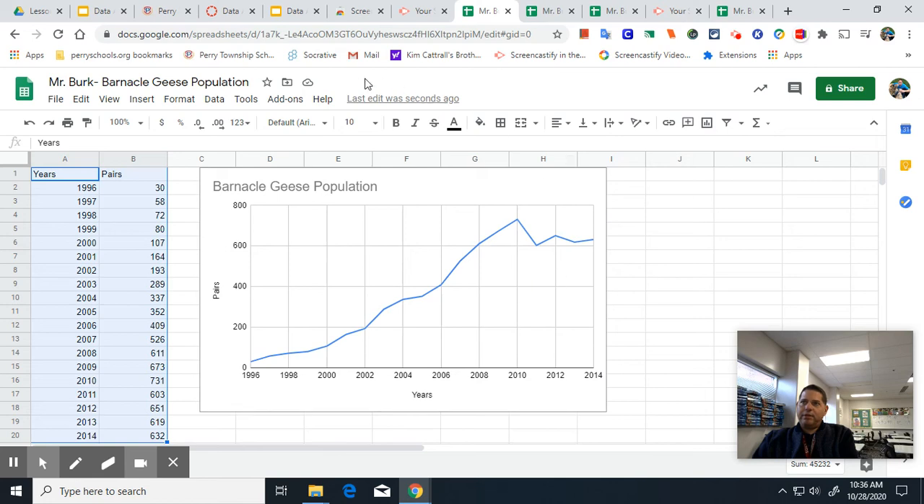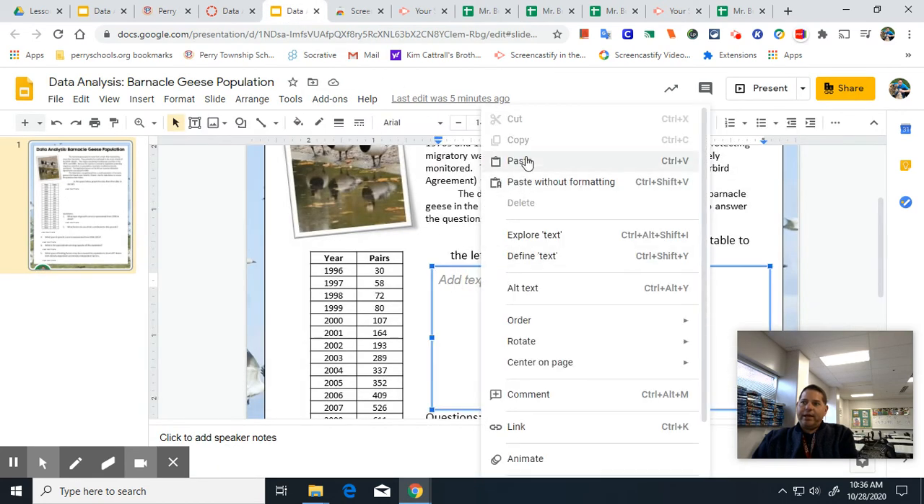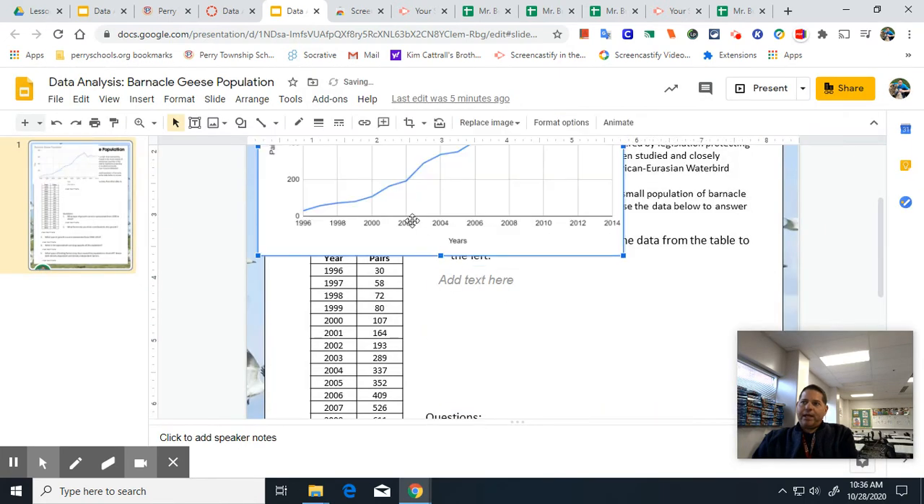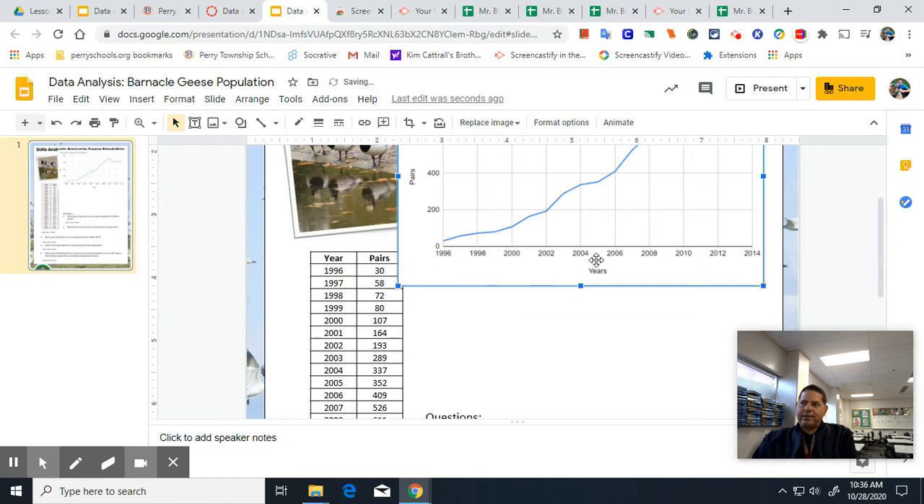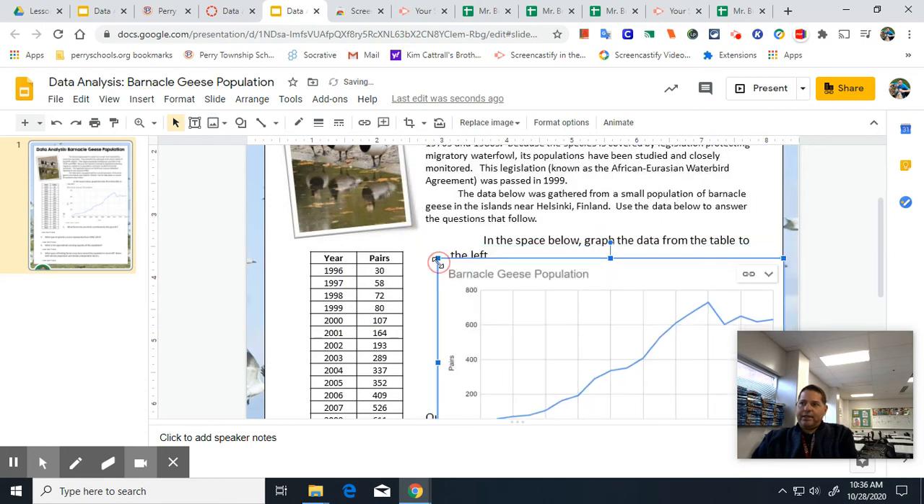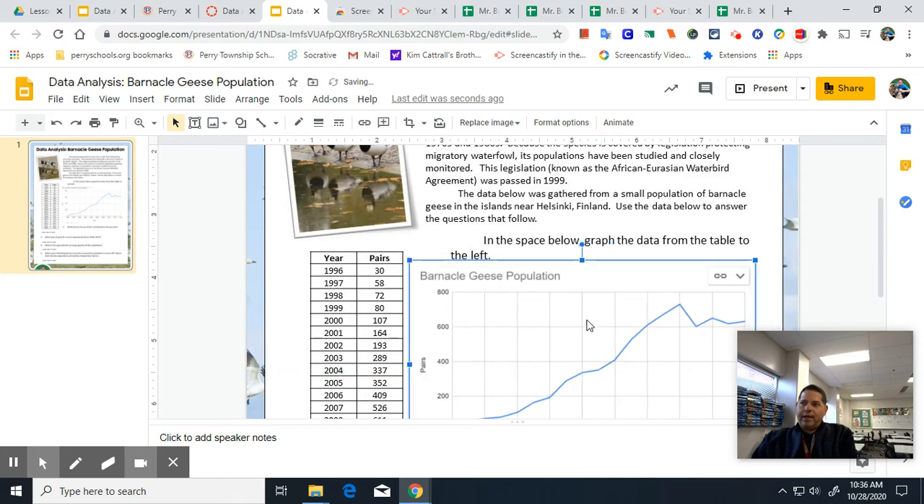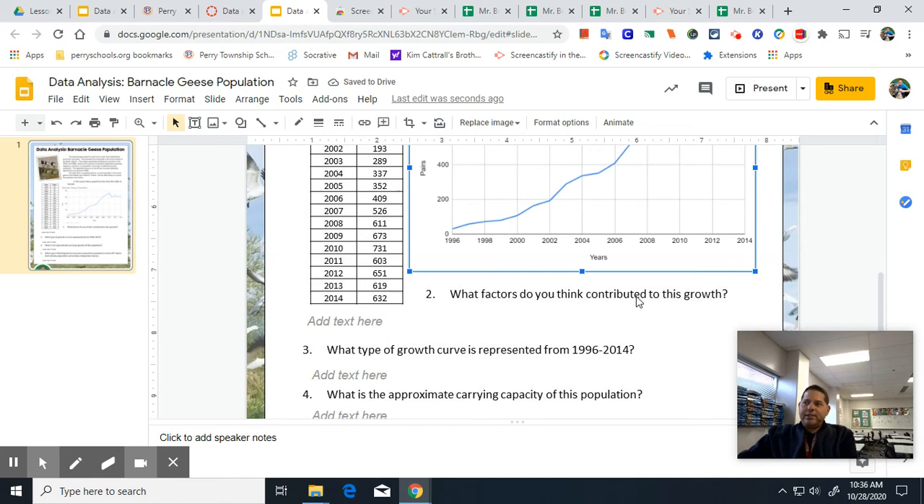of my chart, go back to my data sheet, click right here and paste. Now you might end up getting a graph that's too big. Just adjust it or size it to where you can get it dragged down and fitted nice and neatly onto your handout. When you're done, make sure you go through and answer all of the questions that are related to